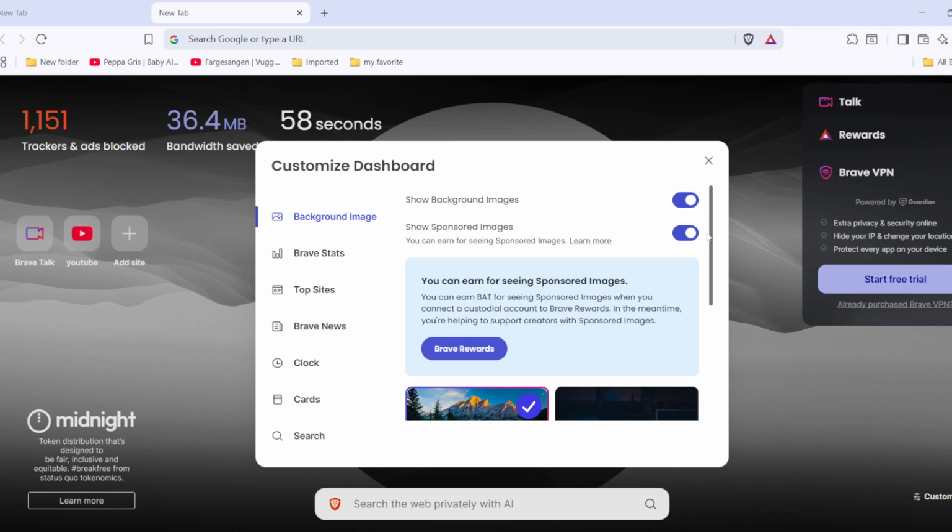Within this menu, navigate to the Background section. Here, you'll find the option to toggle sponsored images. Make sure to switch this setting to On. Each sponsored wallpaper you encounter as you browse contributes to your BAT earnings, so this step is an easy way